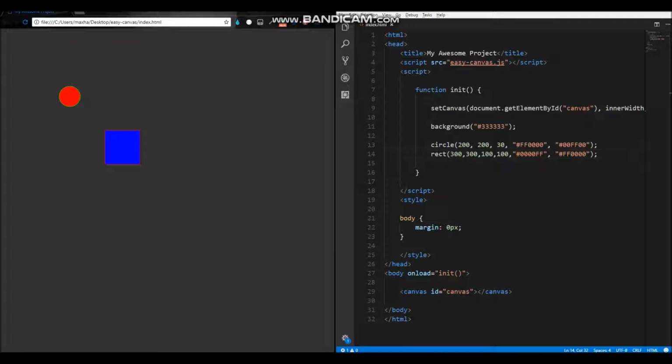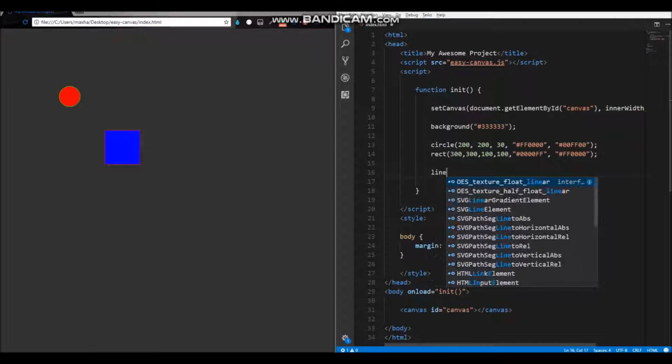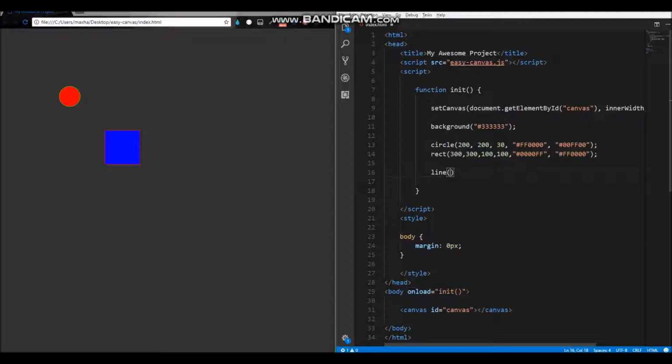I'm working on a way to let you define if you want to work from the top left corner or the center of the rectangle. The circle, I think, is drawn from the center, I'm pretty sure. Okay, so that's circle and rect, and now line takes